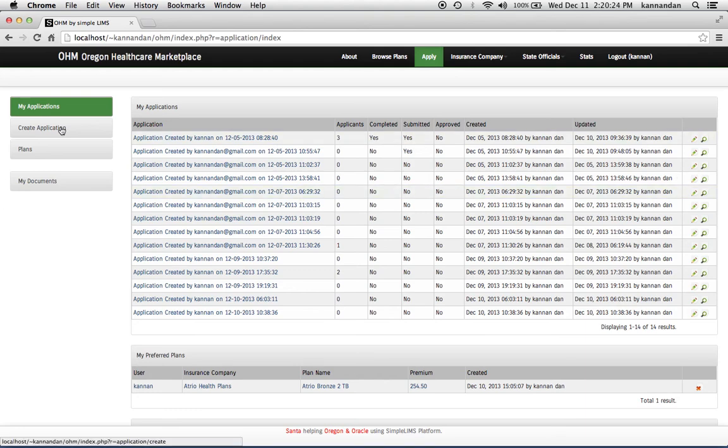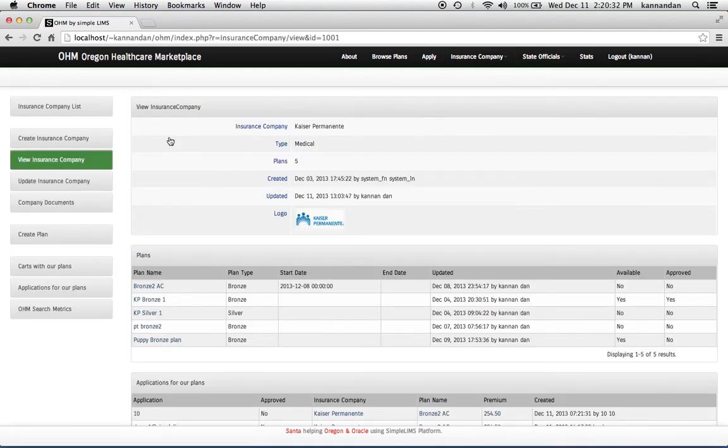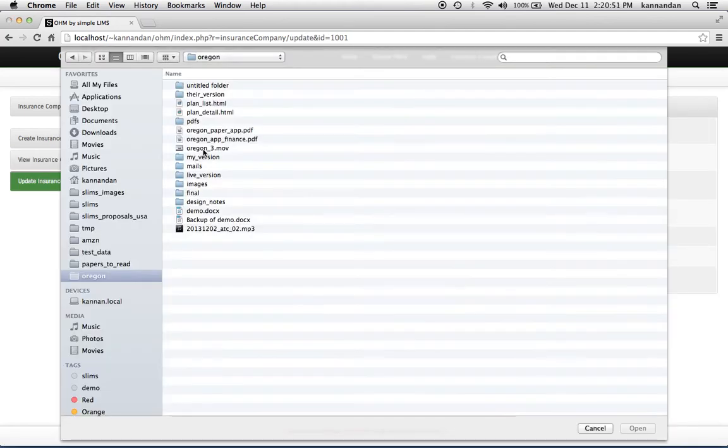And now let me show you one other thing that we can do. If you go into the insurance company, and say if I can only see my own insurance company, since I'm logged in as a state employee, I can see all of them, so I can go back and forth. But if the insurance company doesn't want this logo, and wants to change the logo, see how we read these guys, and